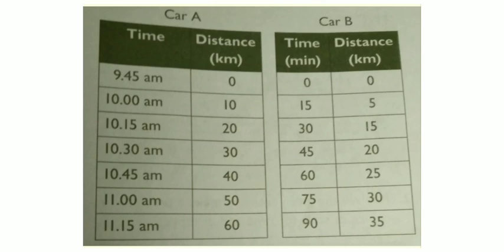The motion of an object can also be represented by a distance time graph. The graphical representation makes interpretation of the motion of an object easier and more interesting. In a distance time graph, distance is always taken along the y-axis while time is taken along the x-axis, as we have discussed now.